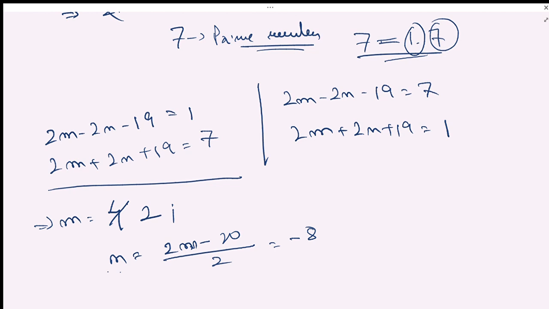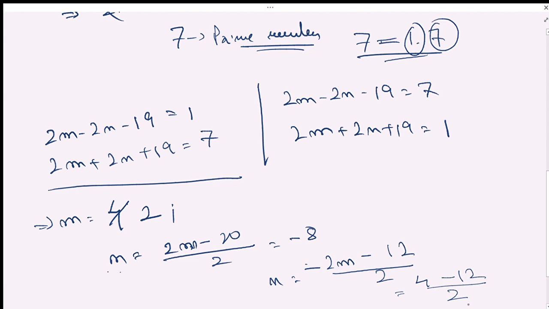Clear? Okay. So we can also check it from the other equation actually. So from here we get that n is equal to minus 2m, here you have minus 12 over 2. So what is minus 2m? So minus 2m is equal to 4, and here you have minus 12 over 2. Clear? Sorry, minus 2m is minus 4, and this becomes minus 8. Clear? Got it?